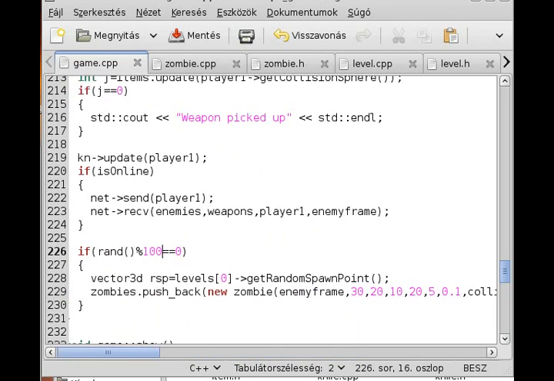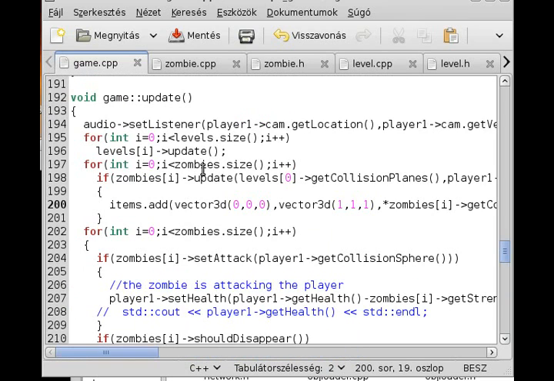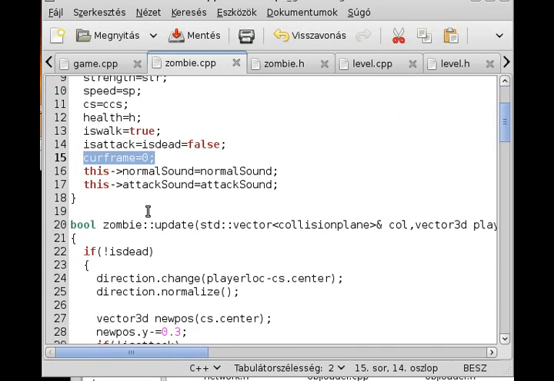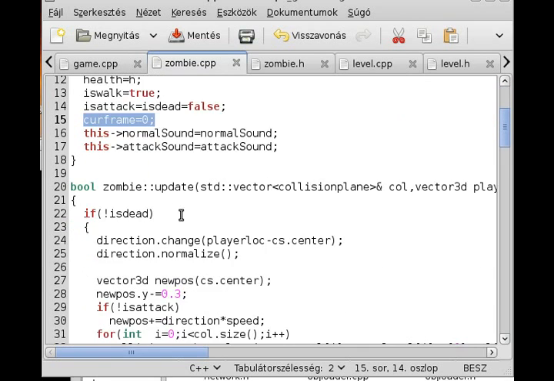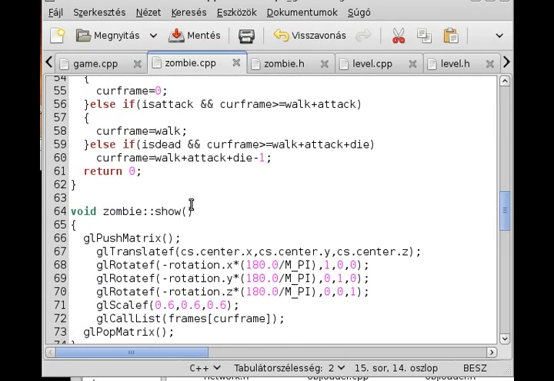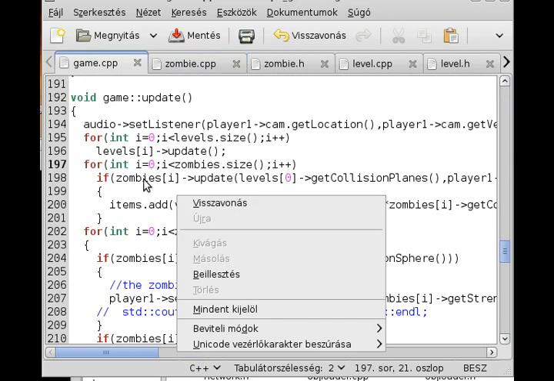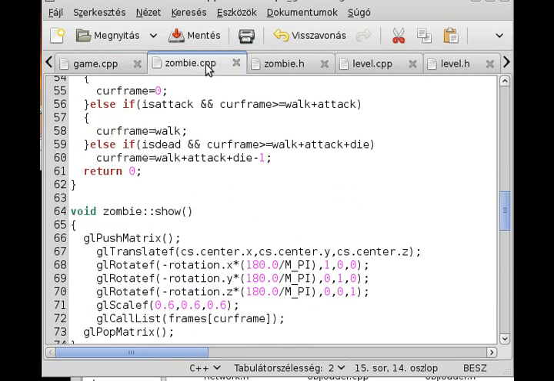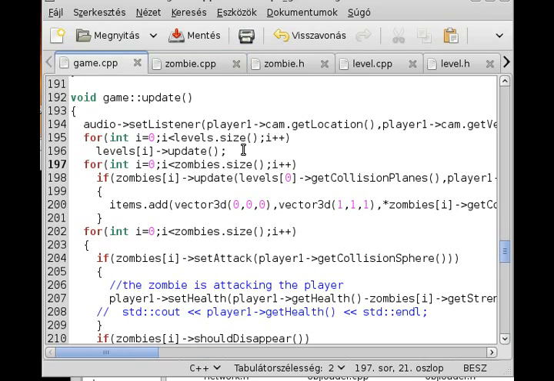Alright, I found it in the zombie.cpp file. Just set the current frame equal to 0, because apparently this was an uninitialized variable, and I'm not sure why the current frame doesn't get set back here in the update function, but for some reason it did not, and that caused the segmentation error because we wanted to access a place in the frames array which doesn't exist. Alright, and now that it is fixed,